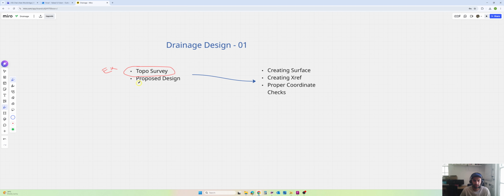And then we will see the proposed design that we have, and from there we will work on creating the surfaces, creating the external references, and check that the coordinates are proper, because sometimes we receive drawings from the architects, and they don't usually work on the coordinate system, and it's better to have everything aligned so that in future if they want any changes, it will be easy to make any amendments. So let's start